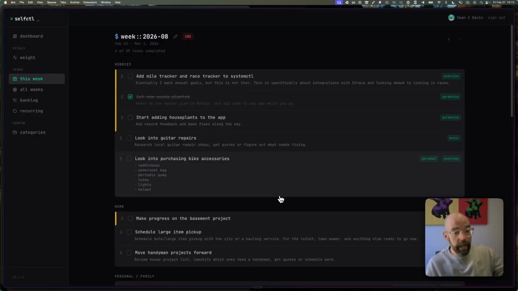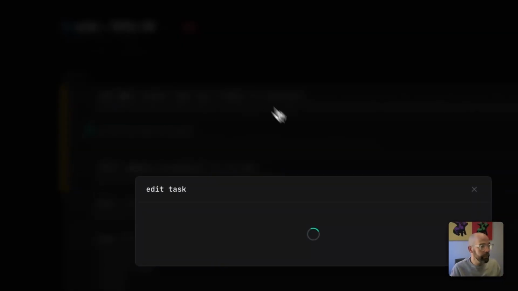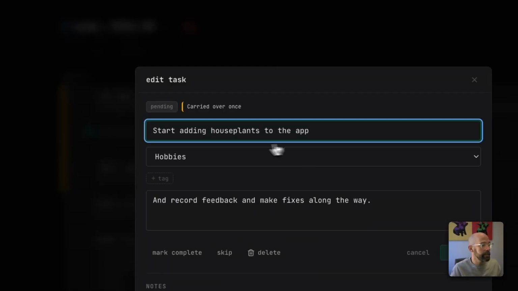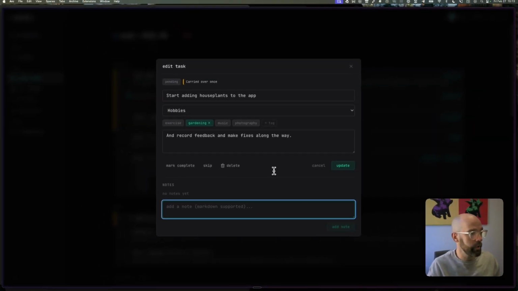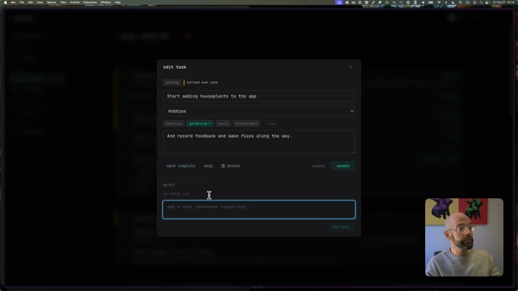So yes, I moved it here, but now by having this personal app, I've got the benefit that the workflows can be completely custom. These now get marked when they get carried over. We get this little yellow border. We can go into each of them, and I can add notes as things change. I can attach files to notes. I can mark them as complete. I can also mark that I'm going to skip them.